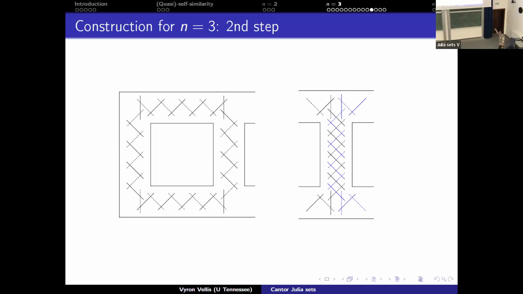And now, as soon as I gave you the first step of the construction, then it's easy to iterate. Inside each smaller ladder, you put smaller ladders and so on and so forth. And eventually you get a Cantor set, which has genus 3. Well, I'm not going to talk about it. There's a lot of algebraic topology on that. But I want to maybe give you an idea of how the UQR map looks like in this case, and why this is the Julia set.